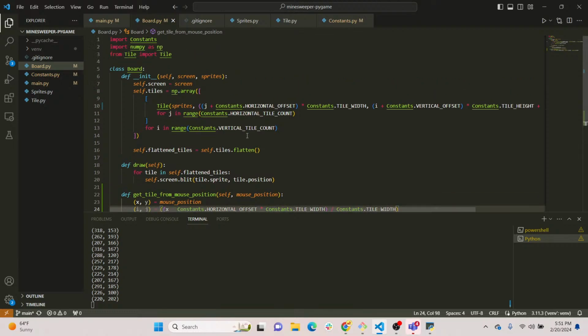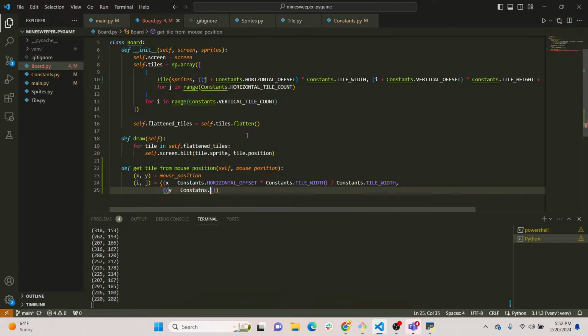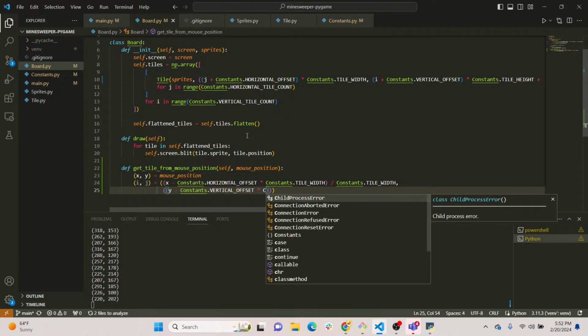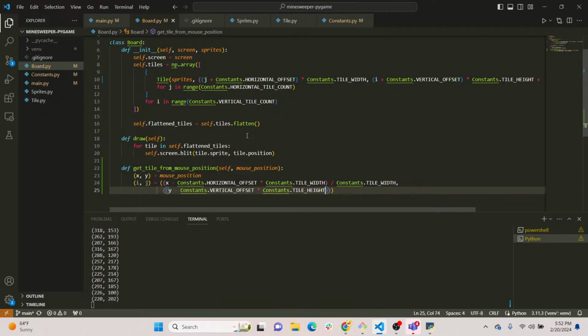I probably should have just imported all from constants so I didn't have to prefix it with constants all the time. Whatever, it's fine. So this makes me want to actually split it up into 2 lines. Okay, and then we need J, which is going to be Y minus constants dot vertical offset times constants dot tile height, which is the same as width, but all good. And then